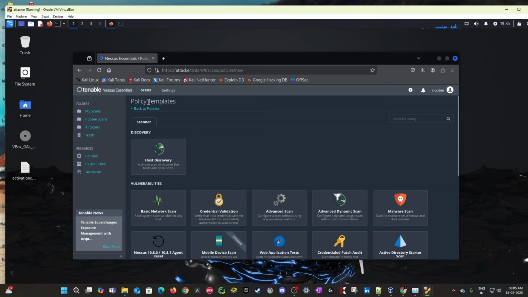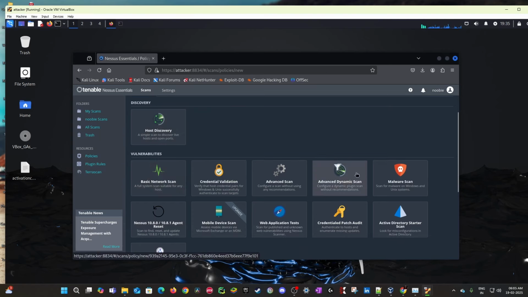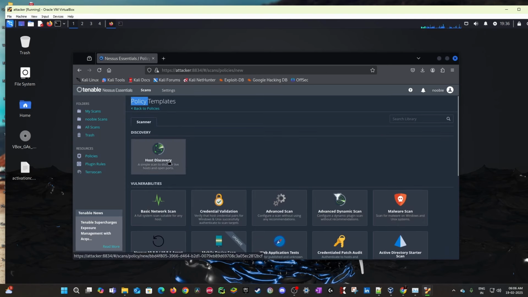So policies, here it says policy templates, which means Nessus has pre-configured templates. They're already available here. So what you can do is pick the template and customize it, I would say, configure it. So for example,